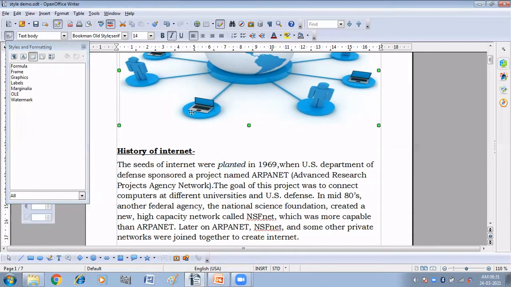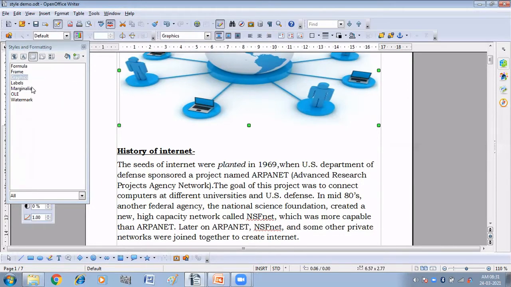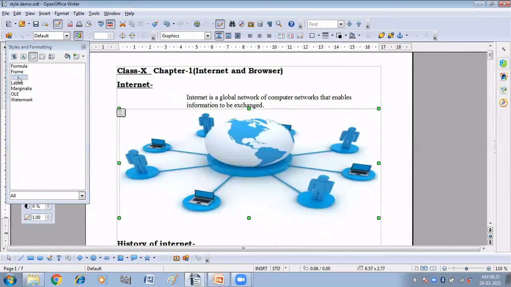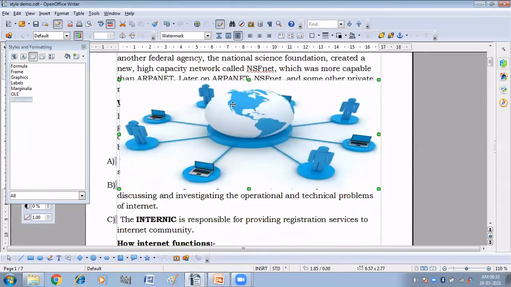Next we have frame style. Fine. So frame style is applied on the graphics and the pictures. Fine. So here I'm clicking on the graphics, frame, formula. You can see watermark.